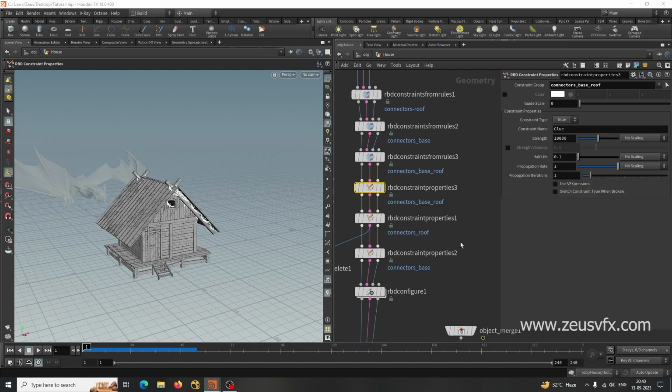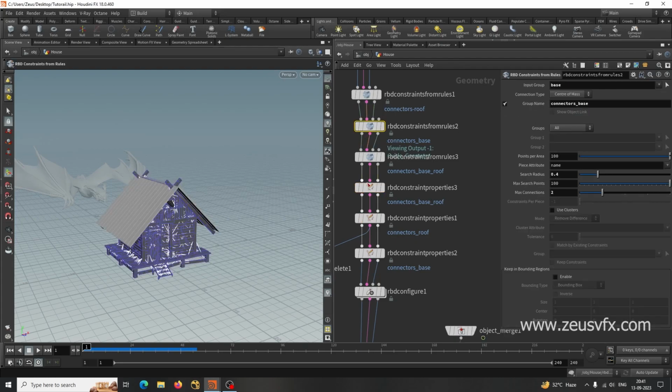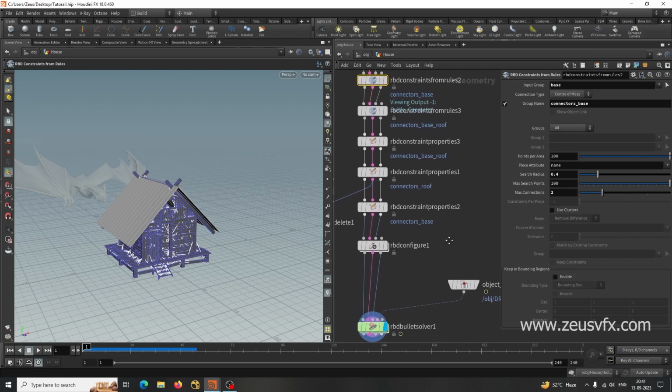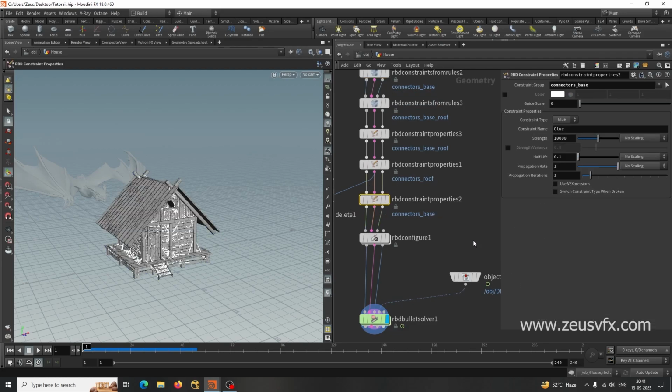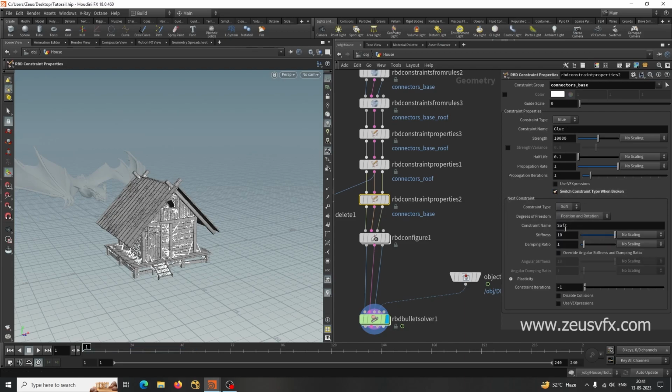So what we can do here is go to the base connector base, this one, and its constraint property is this one. This is our glue network. We can switch this from glue to something else, like this one, and let me just decrease its value. Let me go for 5000, and it will change from glue to soft,